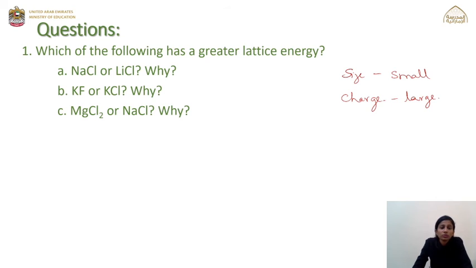Okay. For example, if you take NaCl and LiCl, the anions are the same, the cations are the ones which are different. So you are just referring to the periodic table and checking which of them has a smaller size and which has a larger size. If you see the periodic table, Li has a smaller size, so LiCl will have high lattice energy. The reason is given in the next slide, which you can pause and go through.